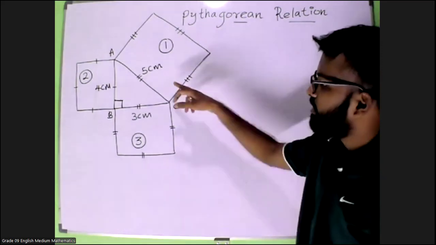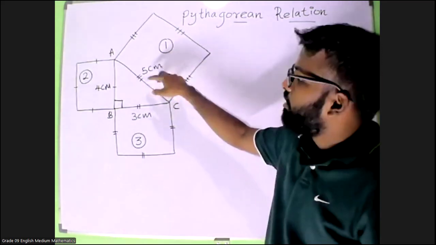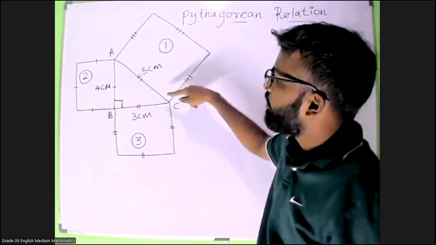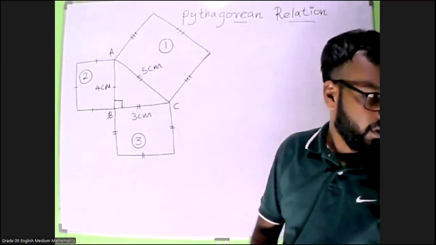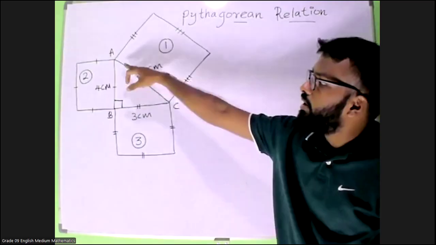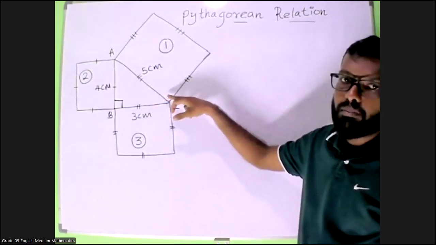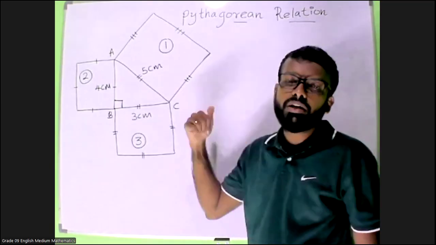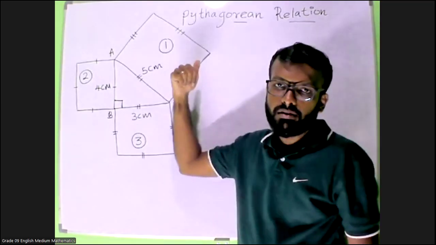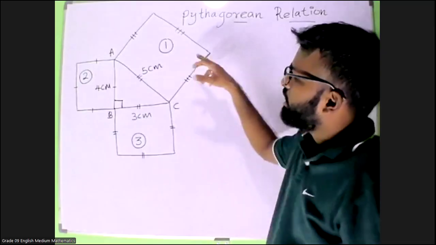Yes. We need to multiply one side of the square by the other side, right? Yes. We need to multiply one side by the other side in order to obtain the area of the square, right? Yes. So, what is the